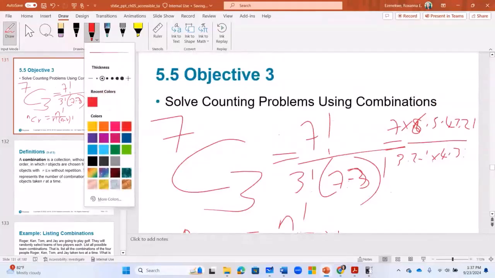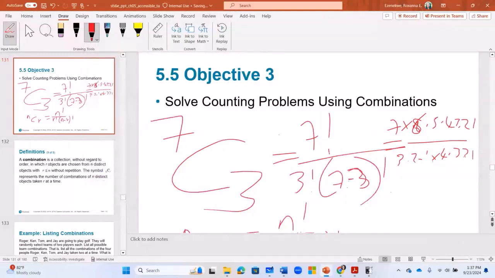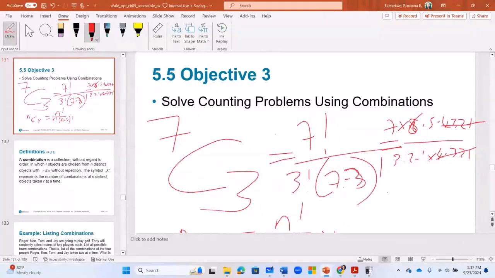All right, if I cancel from here to here, I now have 3 and 2. 3 times 2 is 6, so this and this will go. Therefore, my 7 combination 3 will end up being 7 times 5, which is